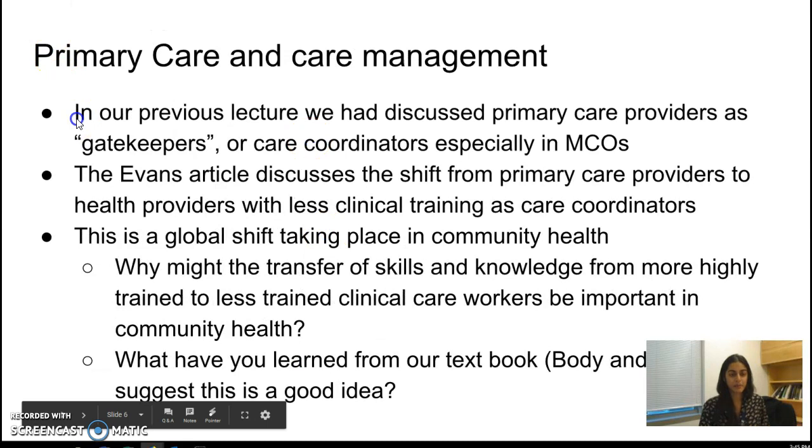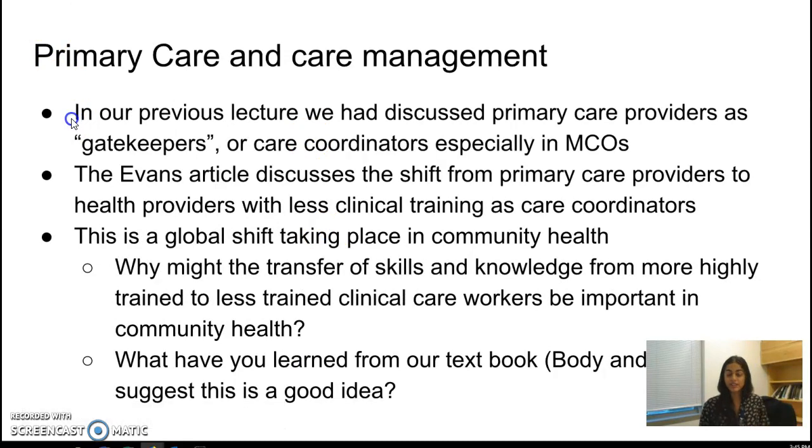Primary care and care management. We talked about this a little bit in your previous lectures, the gatekeeper model, especially in managed care organizations. But the Evans article discusses the shift away from primary care providers to health providers with less training, as we were discussing on the previous slide, to be care coordinators. And this is a global shift. So if you watch the PBS clip of Dr. Carey,